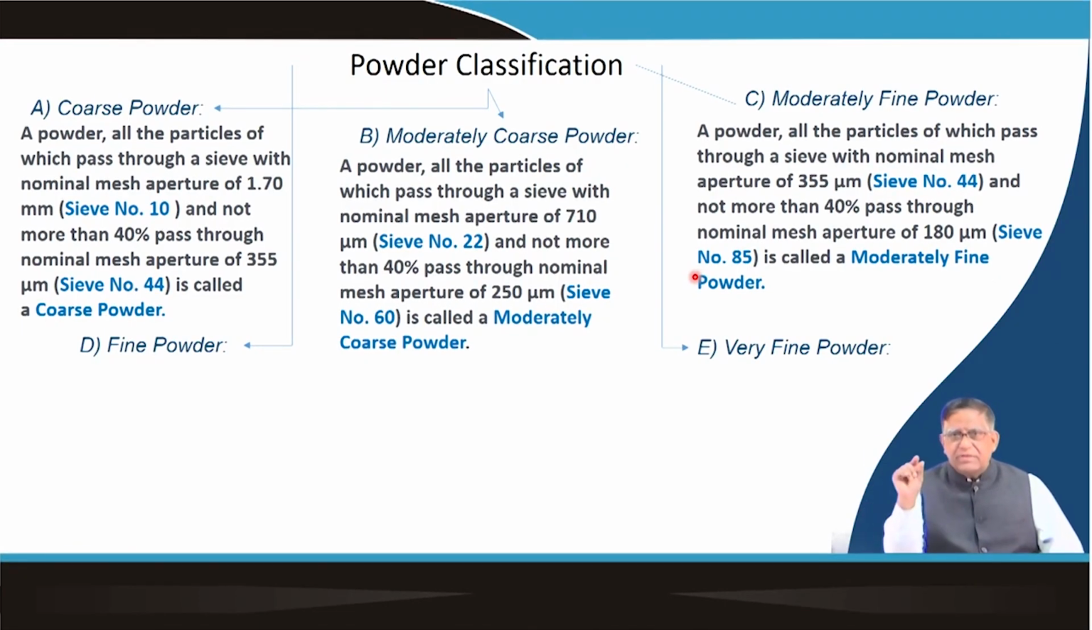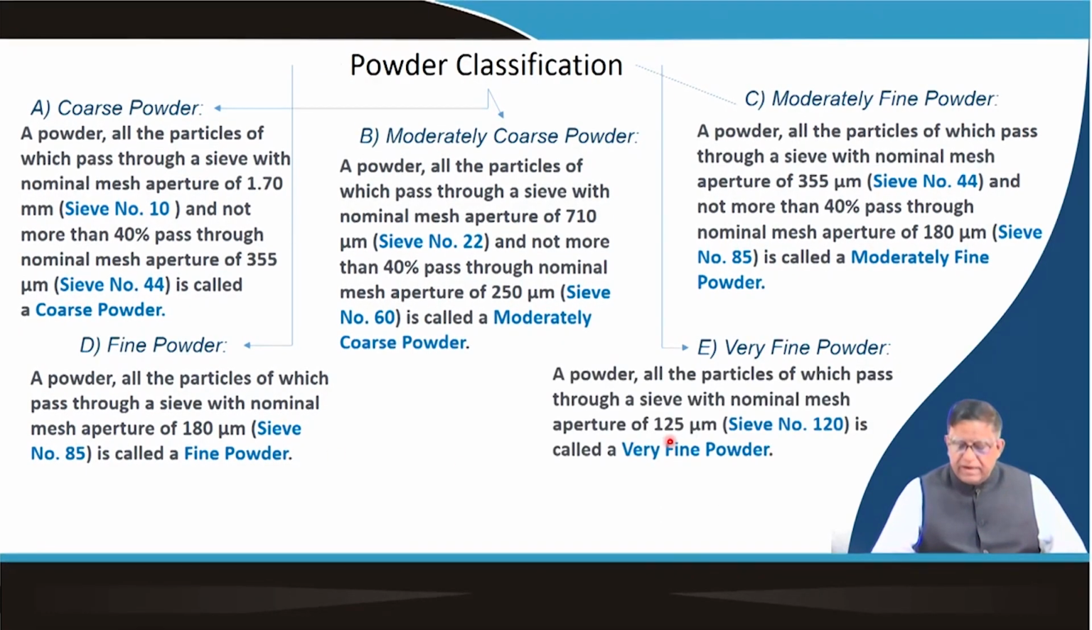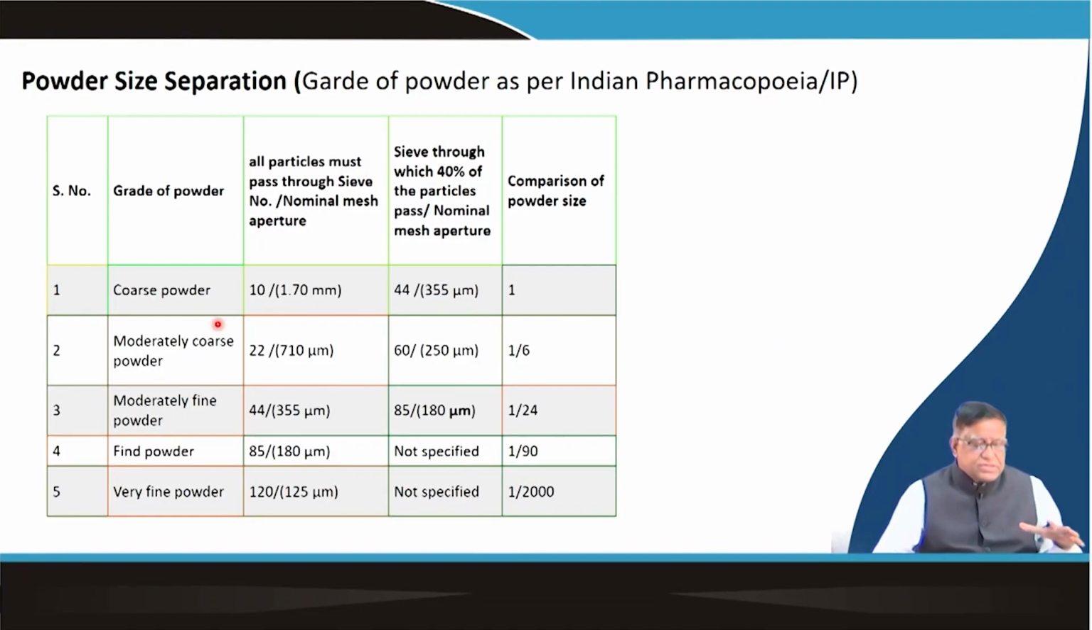As the number increases, the aperture size decreases, because that many holes per square inch. Then when it is a fine powder, they do not say between 2 ranges, it is whatever passes through 180 micrometer size, and for very fine powder they use sieve number 120. So, this is the way they are classified, and accordingly we can get the sieves. You can see these sieves are different; if it is 10, the size is 1.7 millimeter, and for very fine powder, 120 means 125 micrometer, things like that. So, there